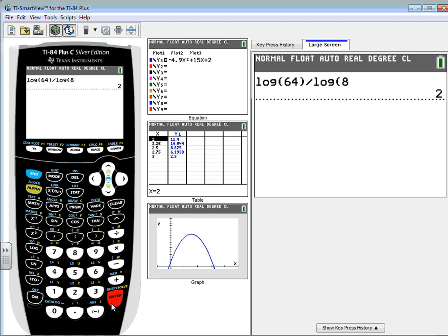We see that log base 10 of 64 divided by log base 10 of 8 is 2. That means that log base 8 of 64 is 2 as well. So that's a nice concrete way of dealing with this logarithm. And as we go through the examples, we're going to talk about several different techniques for how to evaluate